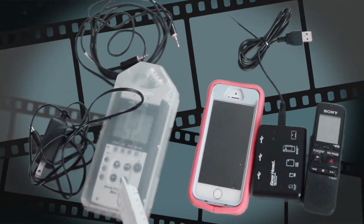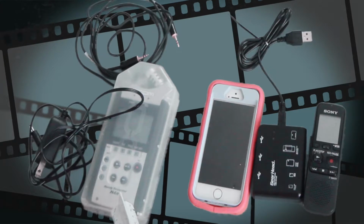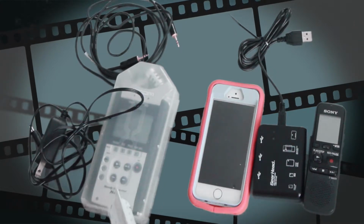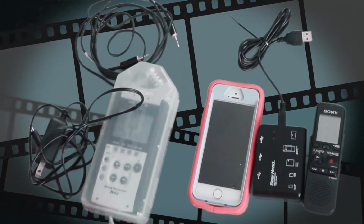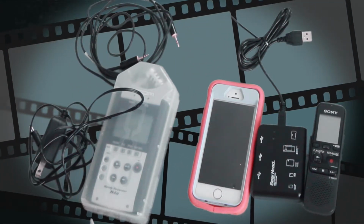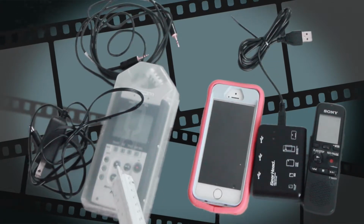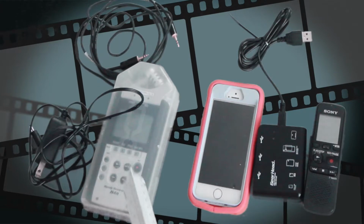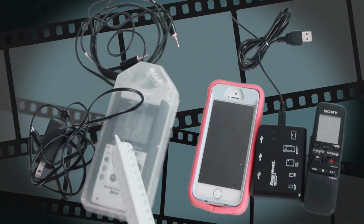It's the H4n Zoom. I've had this for over a couple years by now, easily. I purchased it from Best Buy. I want to say the price range, at the time I purchased it, was maybe between $150 to $200. I really, really missed how rich, how deep, how beautiful the voice can sound when utilizing the